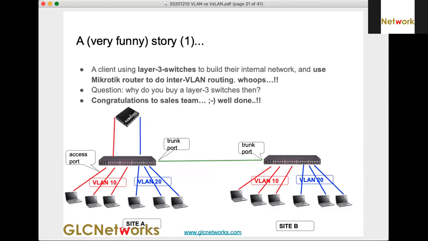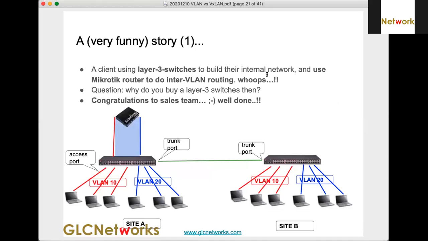Actually, NAT is done when you go to the internet from the private IP to the public IP. That's the place where you have to do NAT, not inside organizations. So what you do inside the organization is routing.